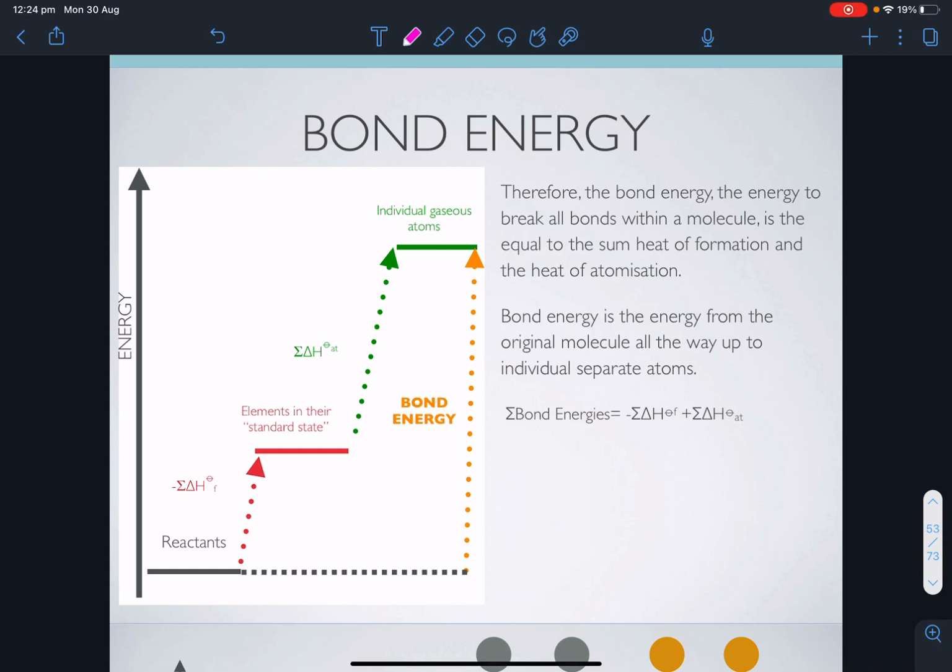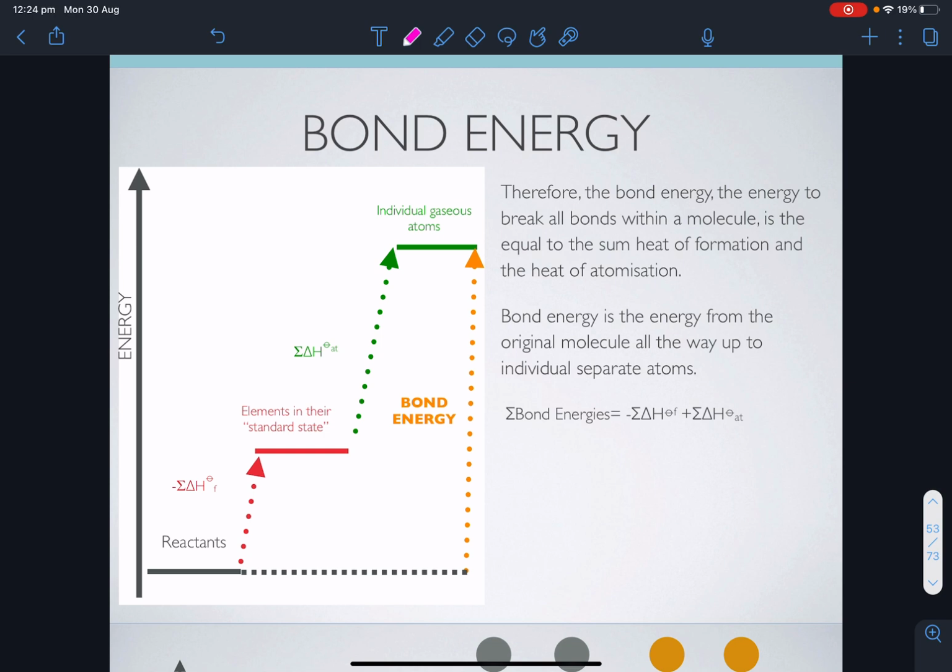Okay, so we left off in the last video talking about this heat of atomization, which was the energy taking elements in their natural state and separating them into individual gaseous atoms. And we did a question where we looked at some reactants. It was sulfur trioxide, and I asked how much energy does it take to break everything apart into individual gaseous atoms, and we added the heat of formation for sulfur trioxide, and then the heat of atomization for all the component elements. Okay, so essentially we took some compound and then we broke it all apart, or we overcome the